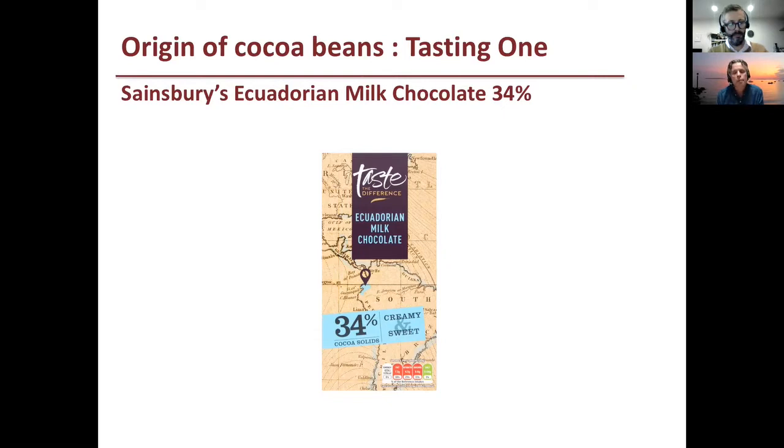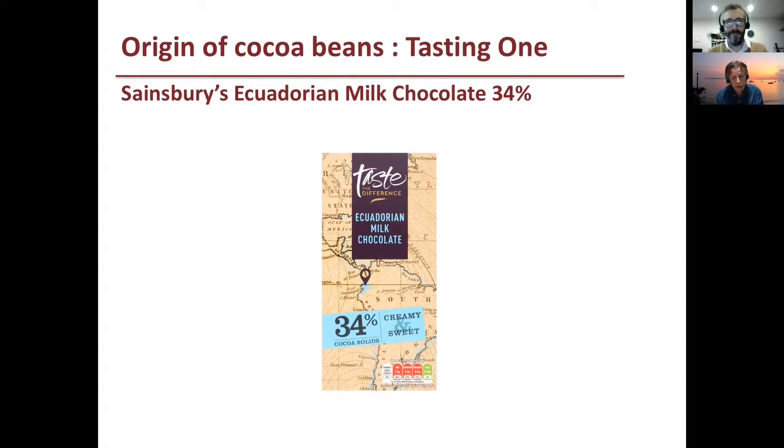And what I'd like you to do when you try this bar is put a little bit in your mouth and just let it melt, and then see what flavors come through. Do not assume that the major flavor will be cocoa, because you may perceive other flavors which are stronger. Hopefully cocoa will be in there somewhere, but it may not be the most predominant flavor.